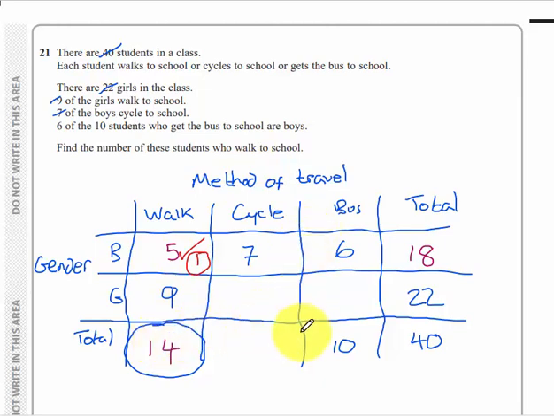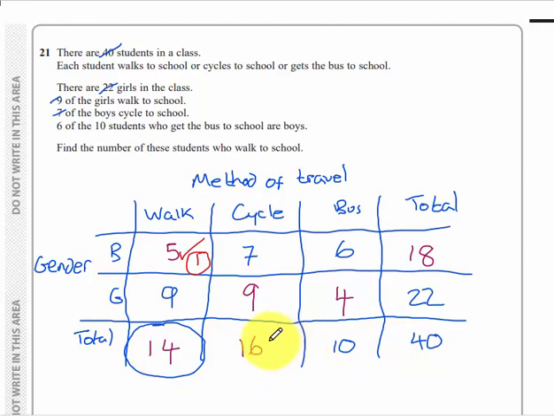What I am going to do though is fill in the rest of the boxes, just in case you had filled it in a different order. So on the bus here, if there's 10 students in total, 6 are boys, 4 are girls. Girls, there are 22 of them, 9 and 4 is 13. So 9 must have cycled to make 22, and then 9 and 7 are 16. It's worth just checking along the bottom, that adds up to 40, 10, 20, 30, 6 and 4 is 10,